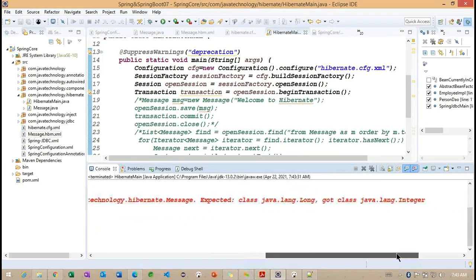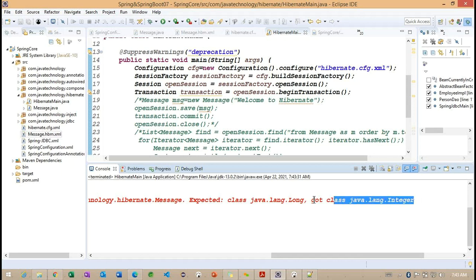Now you can see it is expecting long, but the compiler is treating it as an int. So to resolve this particular error, what do we need to do? This is a simple Java error. It is not a Hibernate error. So what do I need to do to resolve this error here? Can you please let me know what we need to do?